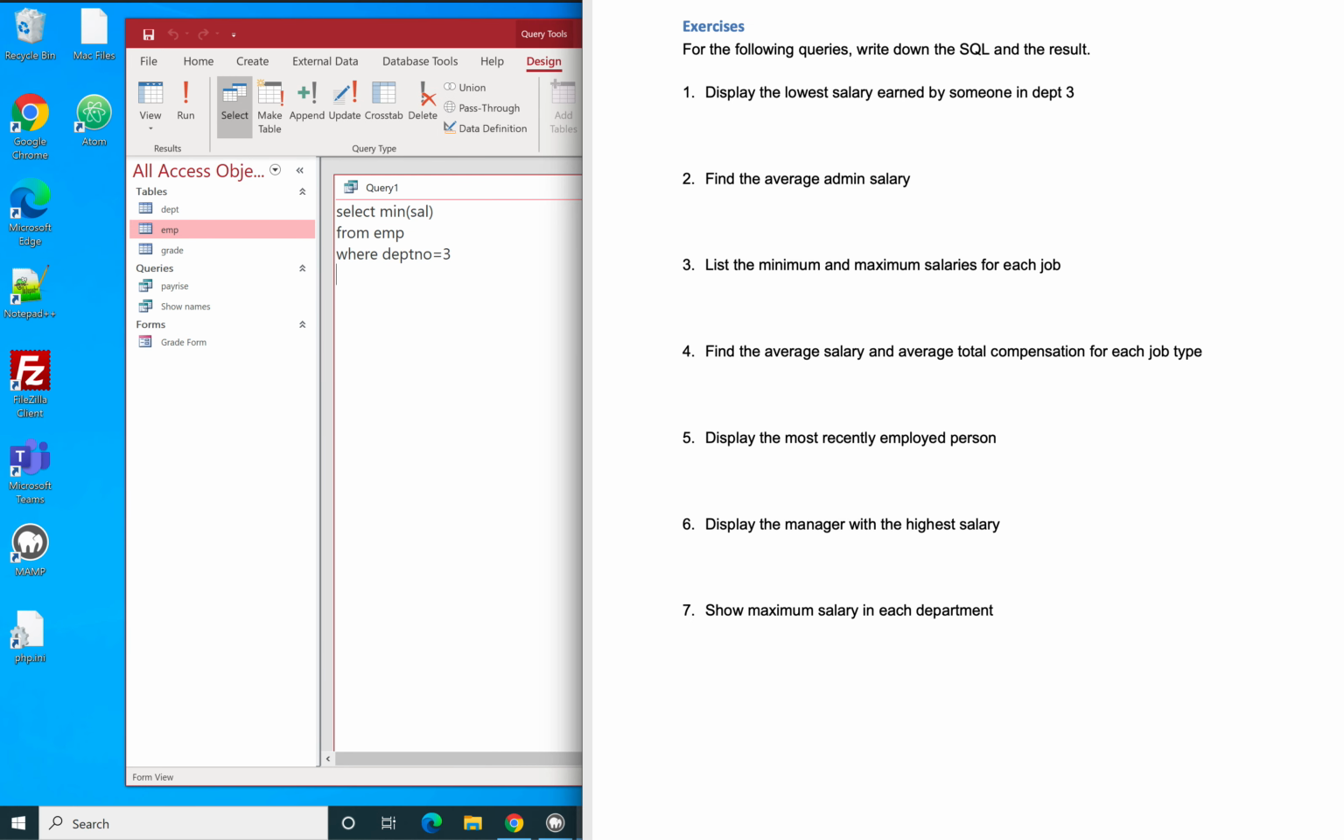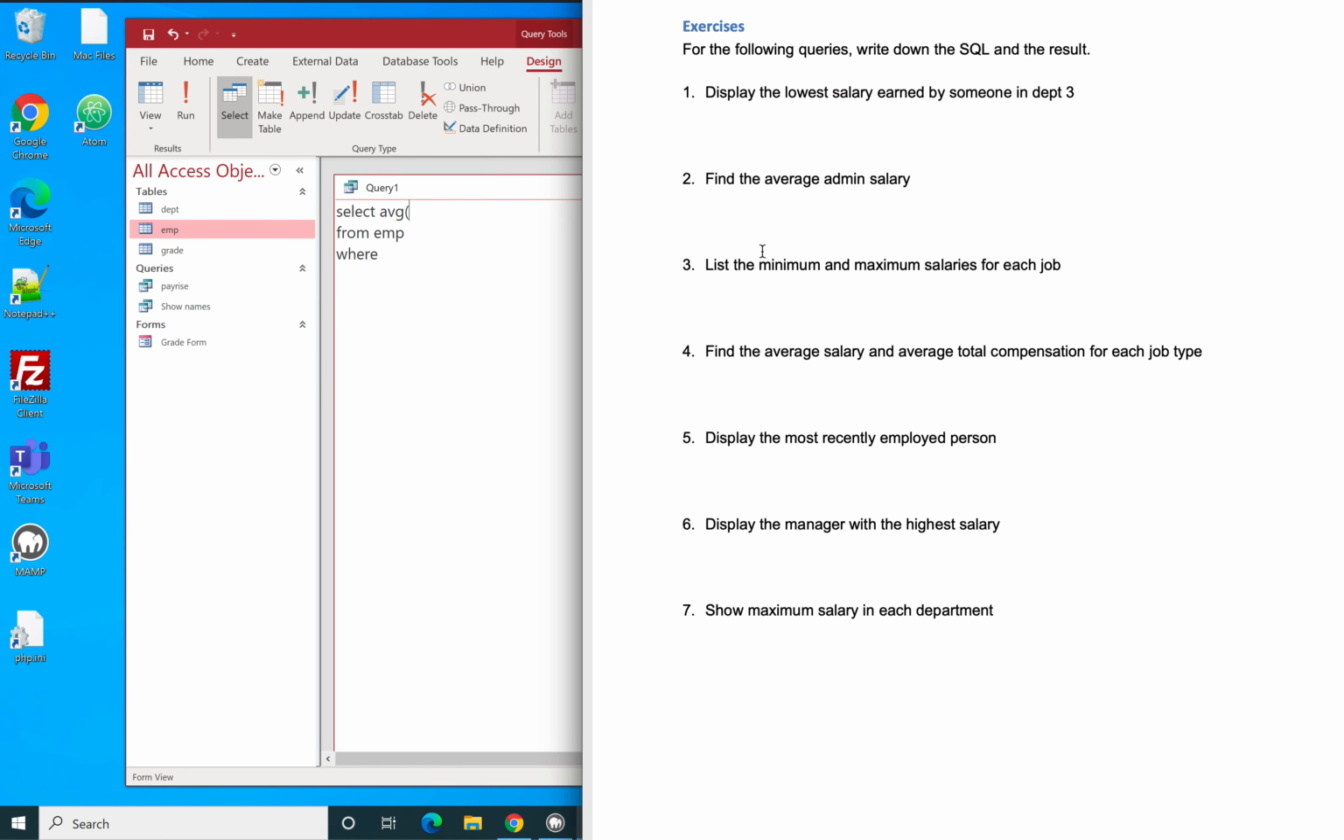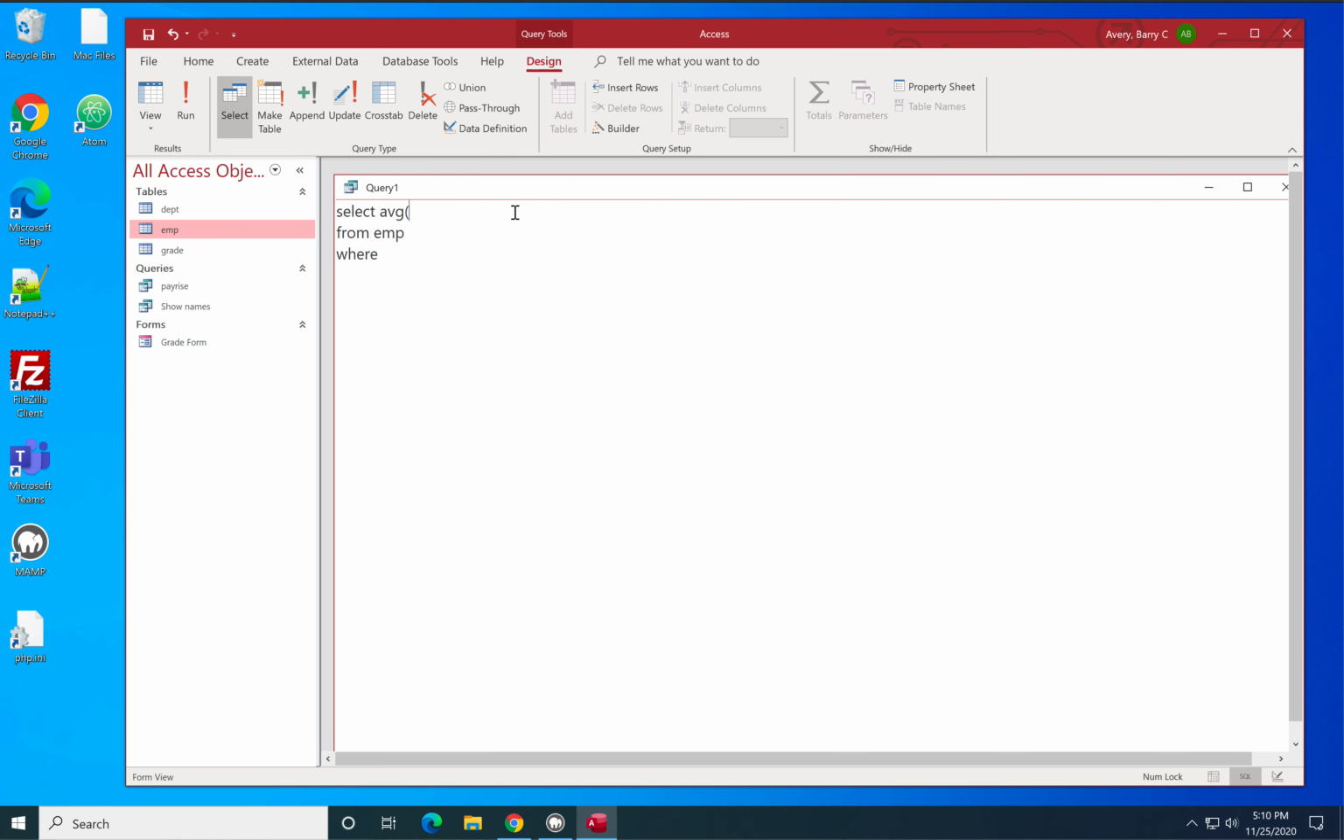Now the second one says find the average admin salary. So let's just reset this query like this. Now we know we're going to be working on the EMP table with all of these, so I'll just leave from EMP there. So find the average salary. So again, we know we're going to be using a function. We know it's going to be the average function, and we think about what particular piece of data we are running the average function over. We know it's going to be the salary field. So in here we type sal like that,